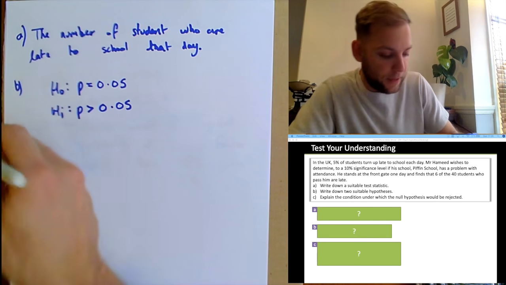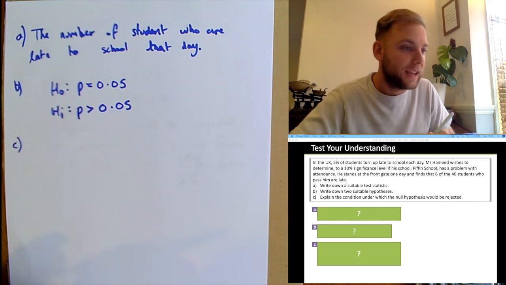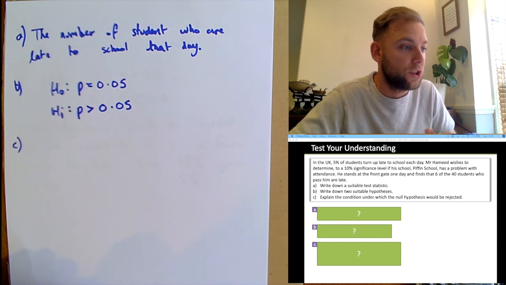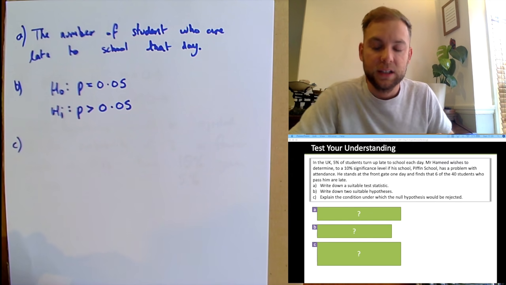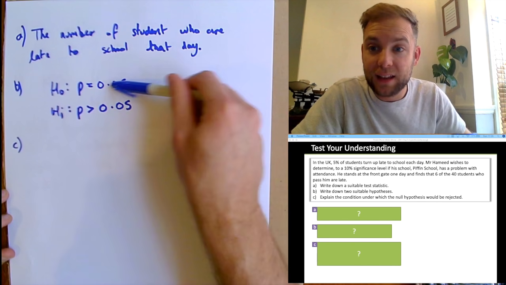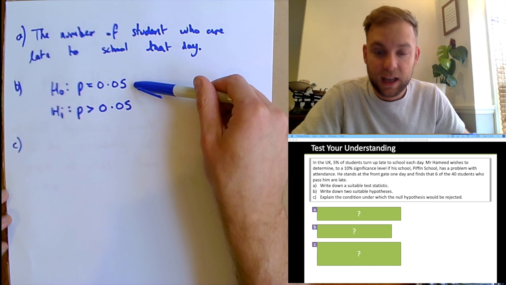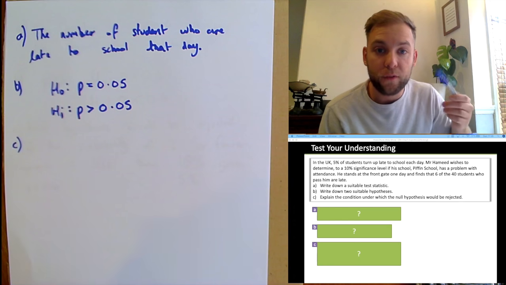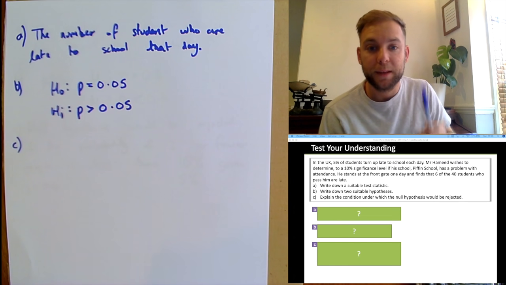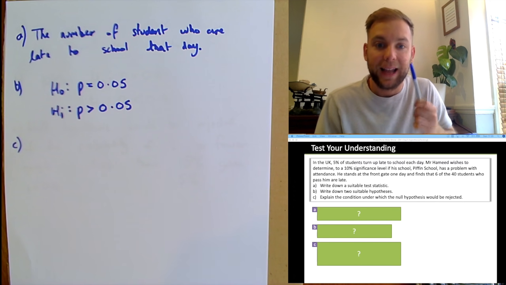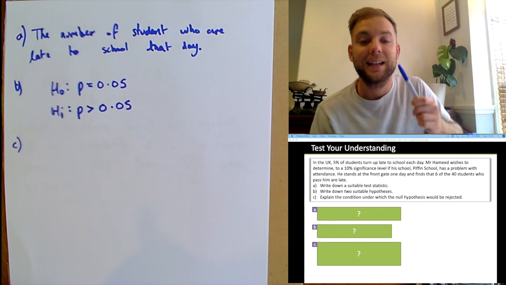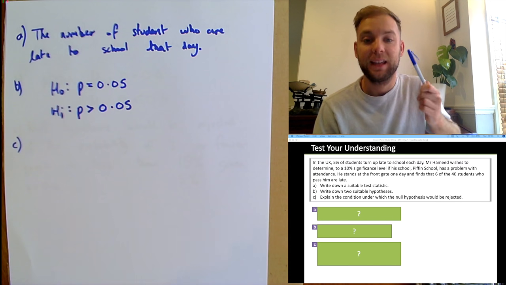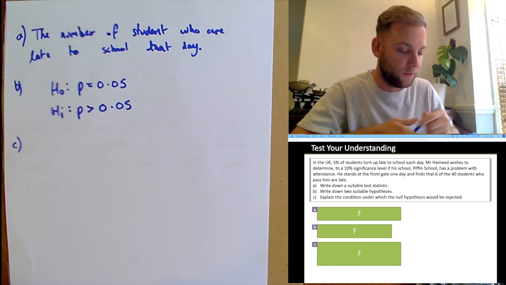Okay, so part C, explain the conditions under which the null hypothesis would be rejected. So in this case, we would reject the null hypothesis if when we did our experiment of 40 people, the probability of getting 6 or more students being late to school is less than 10%, given the probability is 0.05. So